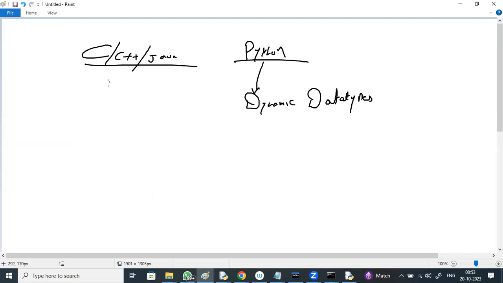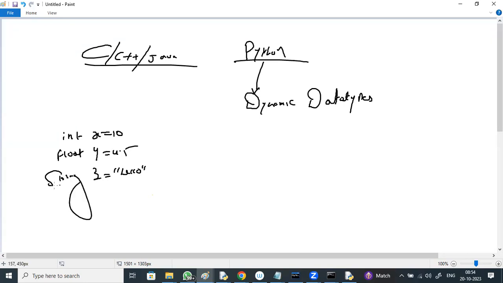In other programming languages, if you want to define a variable, we say int x equal to 10, float y equal to 4.5, string z equal to hello. We compulsorily need to provide the data type. But in Python, directly we can say x equal to 10. No need to define the data type.